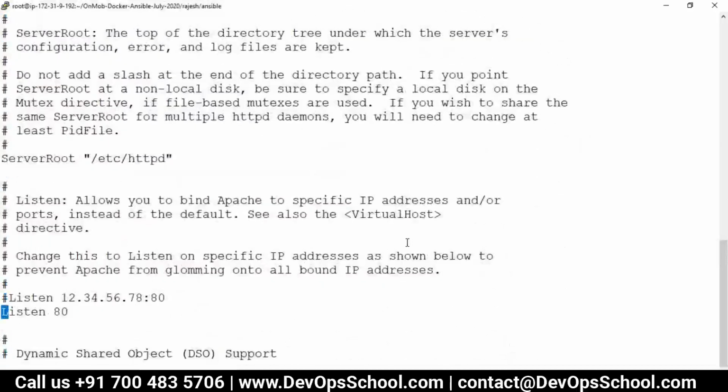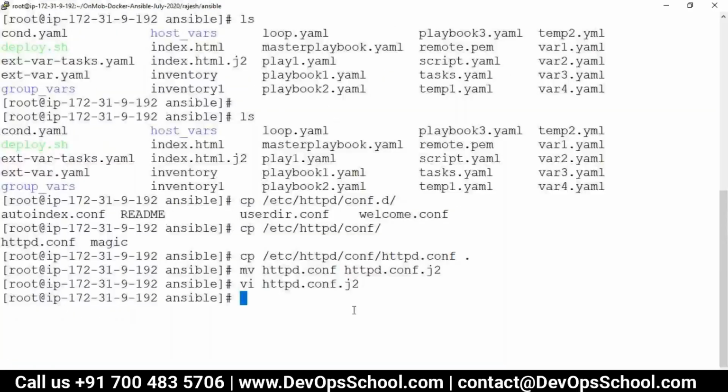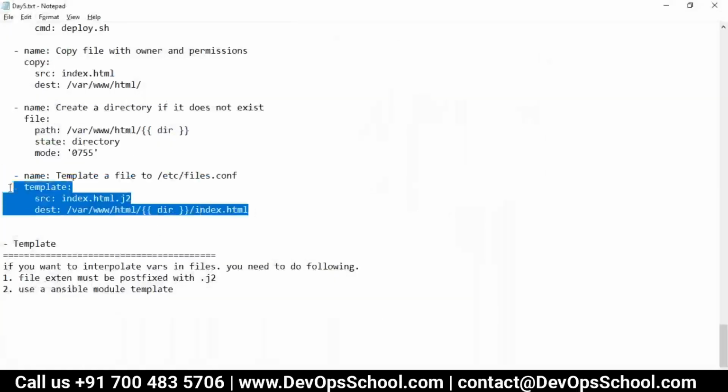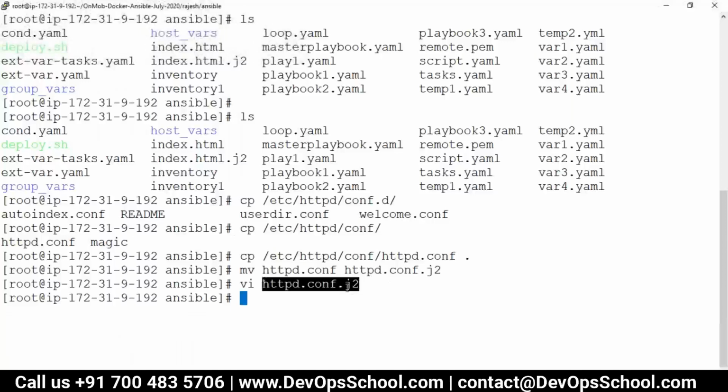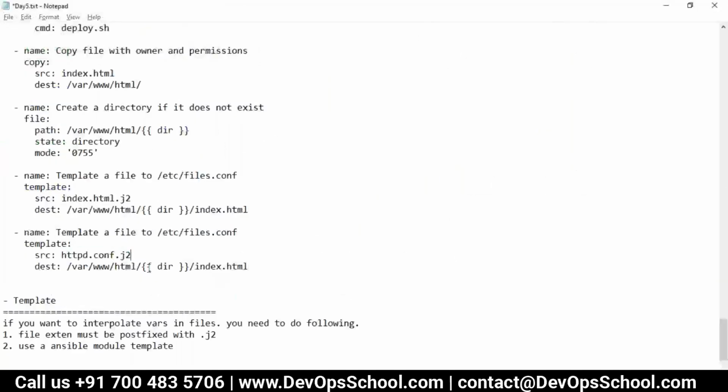There is some allowed port number. Here I'll convert it into the variable port. Now Apache cannot be any port. There's a certain fixed allowed, actually 80, 81, 8080, something like this. So a port. Now with that I will do one thing. I'll copy this here. Now file name is httpd.conf,